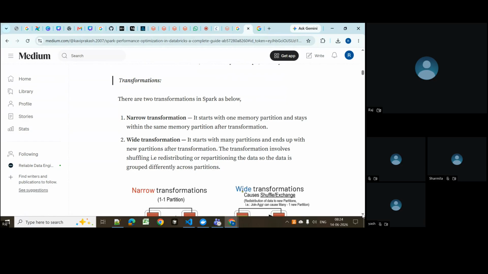Let's say we are doing filtering, or applying some map functions on a data set. Those are narrow transformations. Here the shuffling doesn't happen. But with wide transformations, whenever my data ends up in multiple partitions, when we are crossing it,